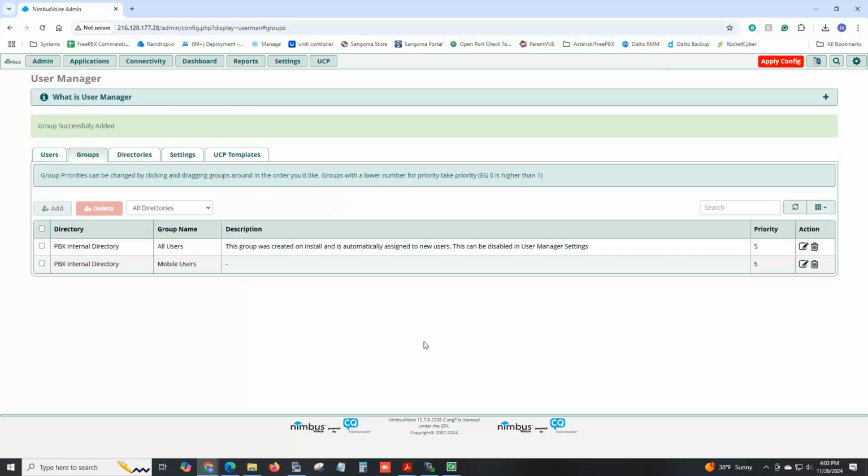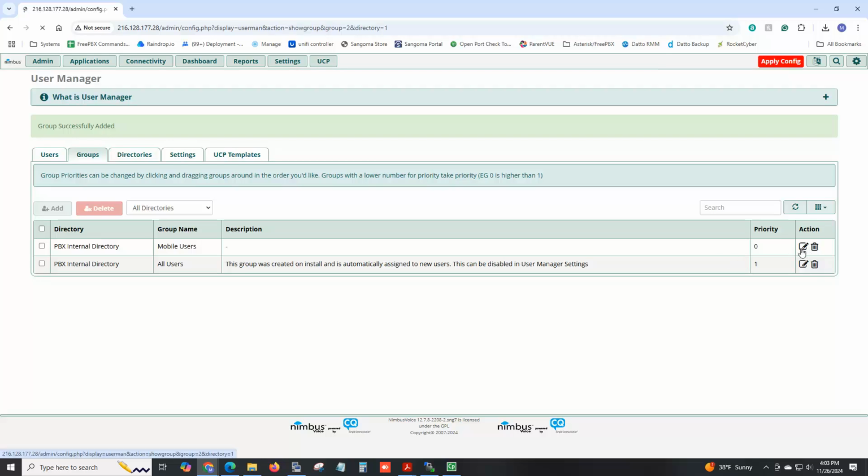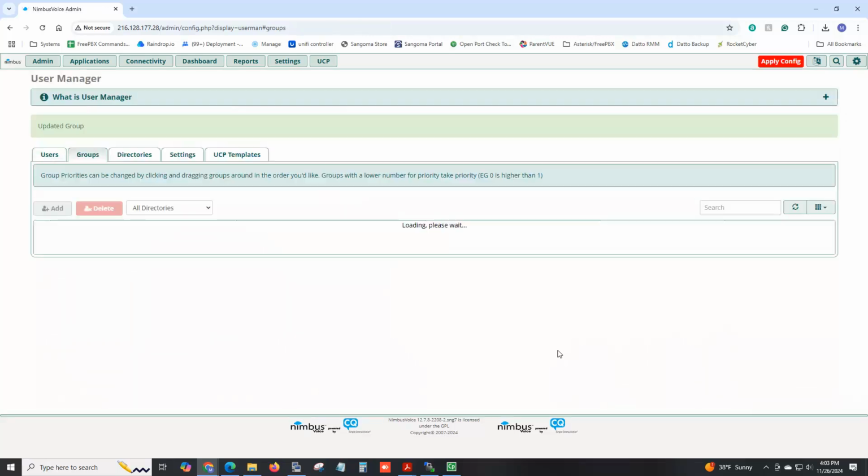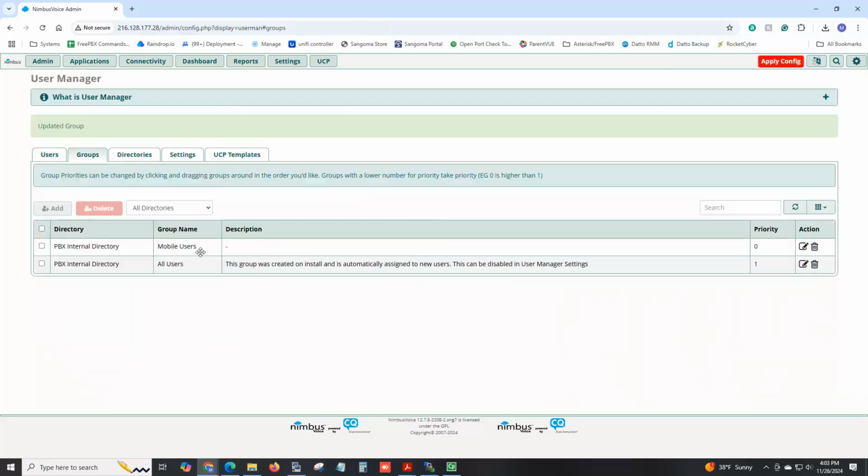Now the only other thing you need to do, two other things. Click and drag this, so it needs to be at the top. Now sometimes you do need to go back into this once you move it and submit it again. It's almost like it needs a double save. So this is a priority. That's what happens when you're dragging them. So this is the highest priority. So when you set it to inherit, since apps are part of this group,